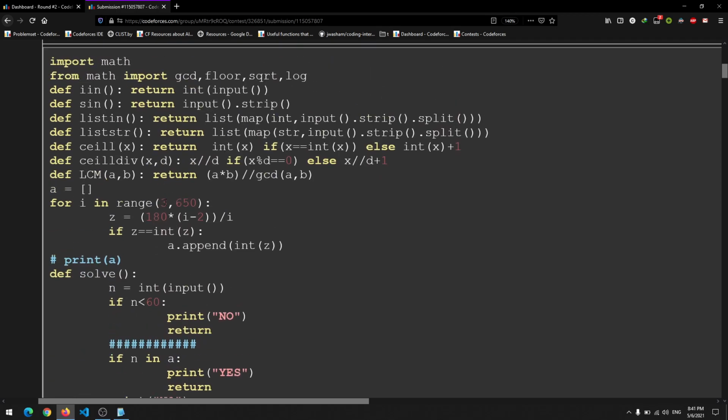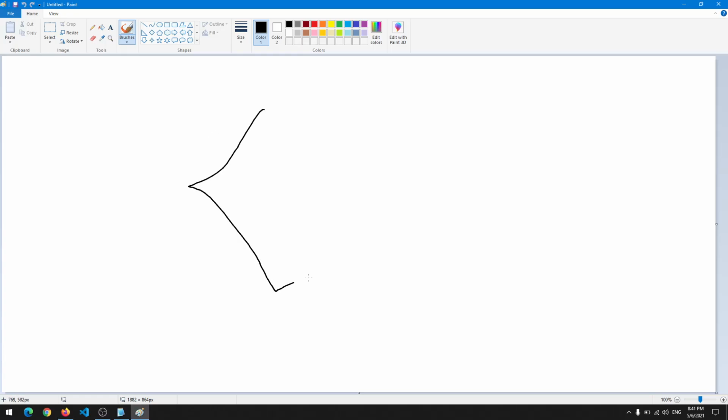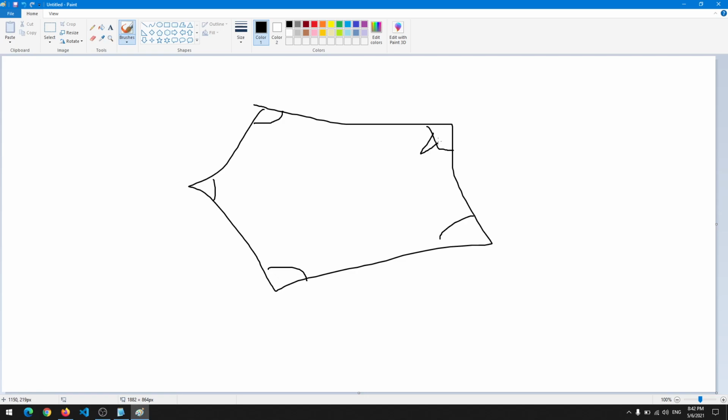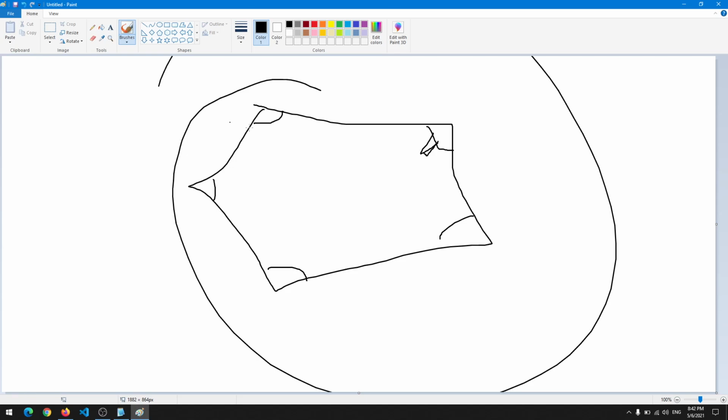So for i in range 3, z is equal to this, and if z is an integer, if the angle is not a floating point but an integer, we append it to a. It is constructing an abstract polygon. Let's take this polygon, and it's calculating the angle for this regular polygon.